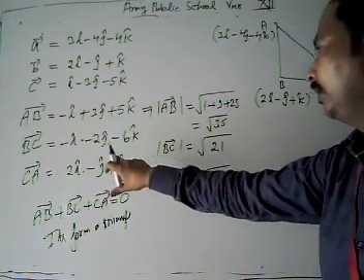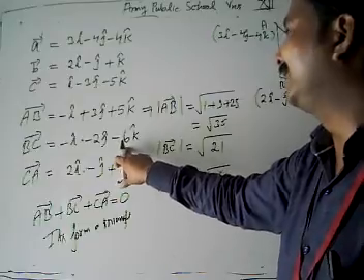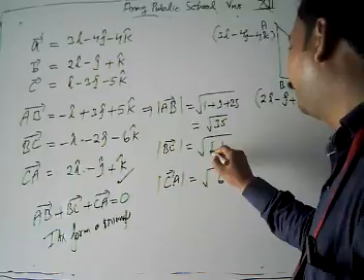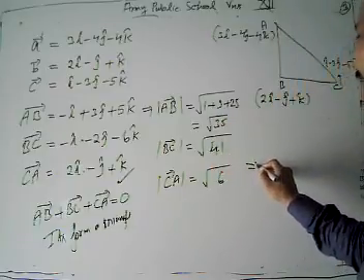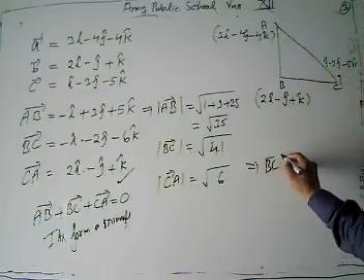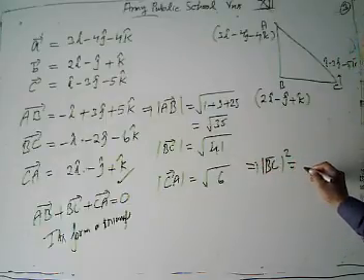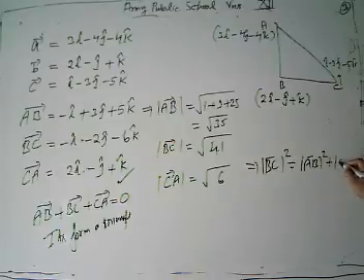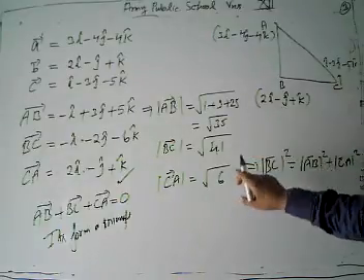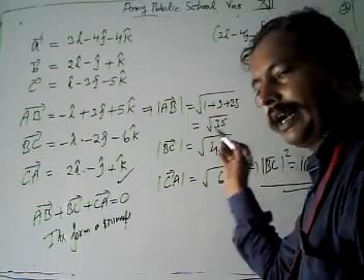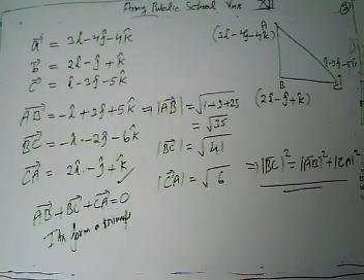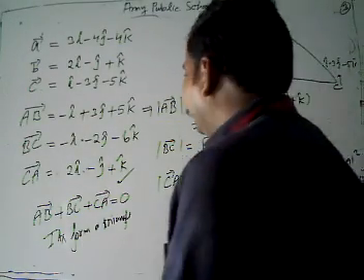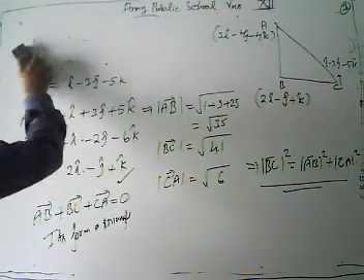Now look, what is the magnitude of BC? We get 6 square 36 plus 4 is 40, and 1. Now look, we get 41. Now look, what we see is that the length of BC square is equal to AB square plus CA square, 35 plus 6, 41. It means our triangle ABC is a right angle triangle. I hope all of you understand. Now we are going to take another question.